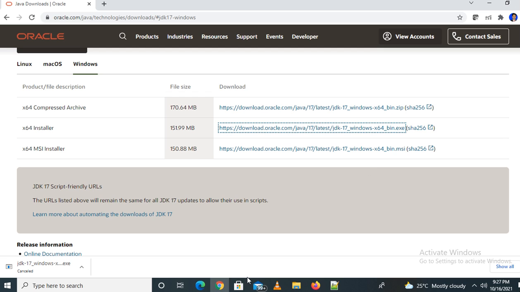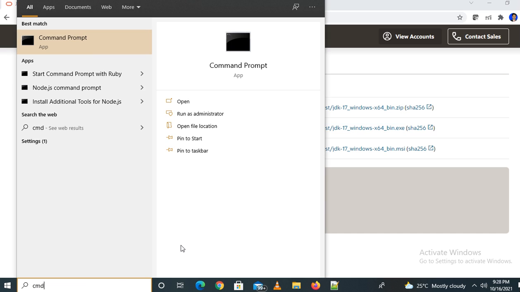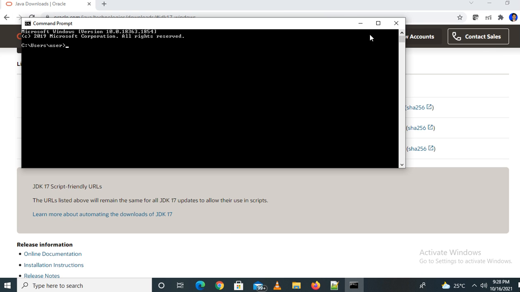Now I will check with the command prompt whether our Java has been installed properly or not. Let's open it and type java space minus version. You can see that Java version 17 has been installed.